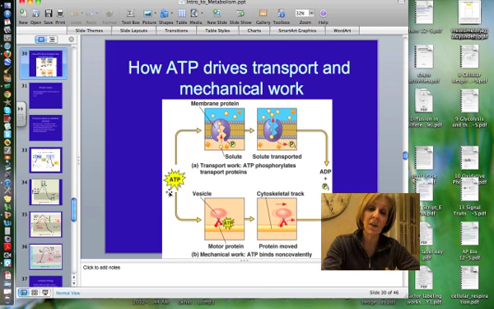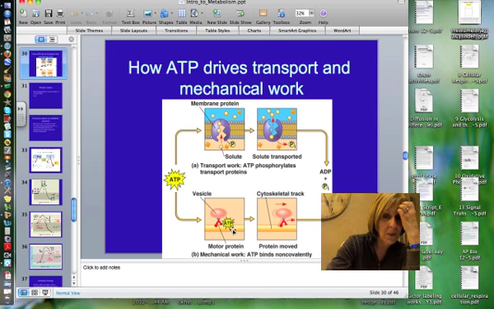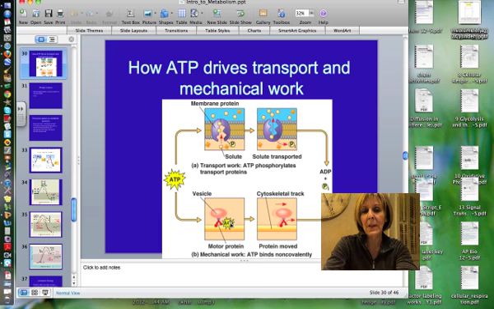But the cell can also phosphorylate when it wants to do mechanical work. And we're going to learn about this when we learn about how muscles contract. So here we have an example of ATP phosphorylating a little, what we call a motor protein, that has a conformational shape change. And this little protein is then going to basically walk down another kind of stabilizing protein, like part of the cytoskeleton in the cell. So this is the way organelles can move in the cell,